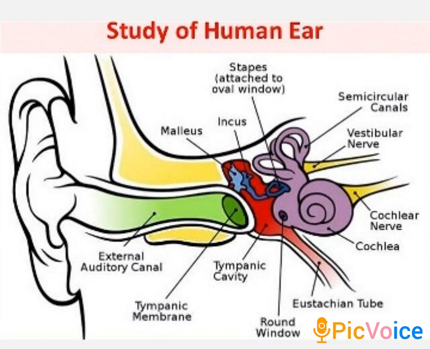Pinna is a flap kind of a structure, and generally pinna is crumpled and made up of cartilage. Cartilage is a kind of a bone, but not as strong as a bone. Pinna has ceruminous and sebaceous glands in it to produce wax and oil, so that it keeps the ear canal lubricated in order to prevent the dust and other particles from entering into the ear canal.